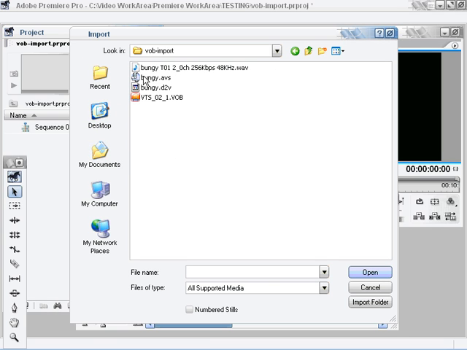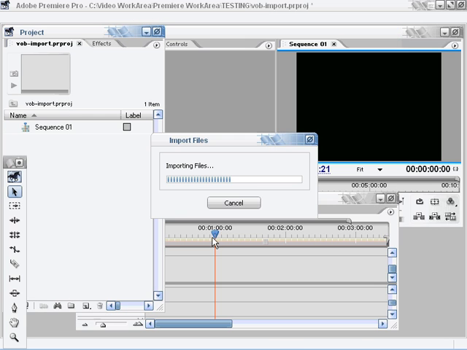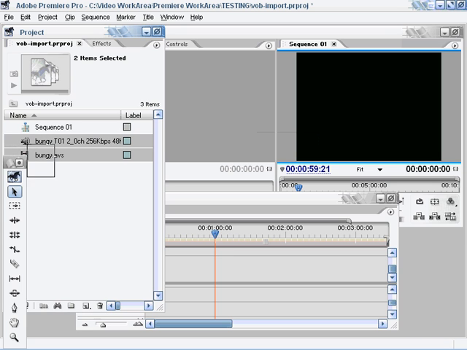So I've loaded up Premiere. I'll now be able to import the bungee.avs, and I should also be able to import the WAV file that it's created out of the AC3 audio track. Import those into Premiere, dump them in the timeline,